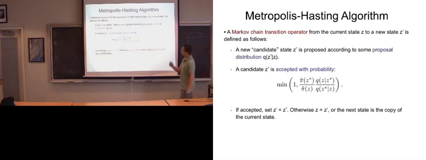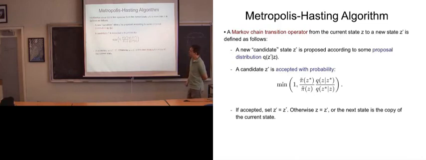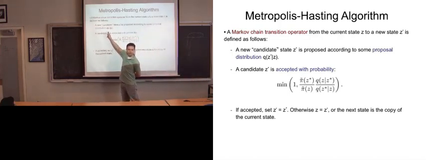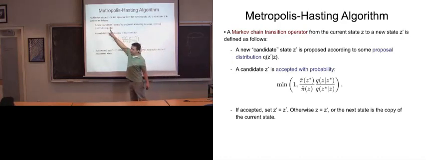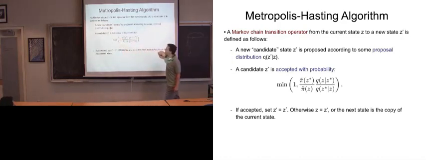Anyways, so let's look at the MH, Metropolis-Hastings algorithm. So the Markov chain transition operator from the current state Z to a new state Z prime is going to be defined as follows. We have a new candidate state Z star, which is going to be proposed according to some proposal distribution Q. Okay. So Q could be whatever proposal distribution you want it to be. We'll look at some examples, and then we're going to say that this candidate Z star is going to be